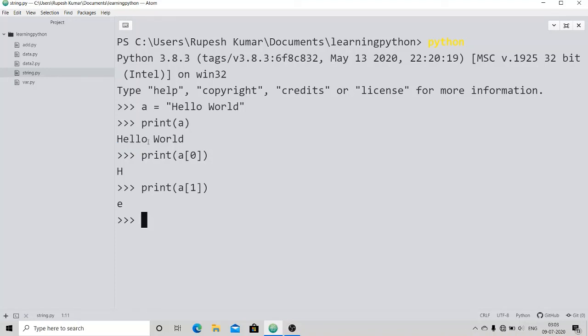That is also considered a character inside the programming language. So this space will also have a separate square box. That means the index for that box will be what? 0, 1, 2, 3, 4, 5. So the index will be 5. If you want to print this space also, you just need to give the correct index of the space, which is 5. If you print this, you will get nothing, that means a space. Similarly, you can extract each and every letter of the string that you have.